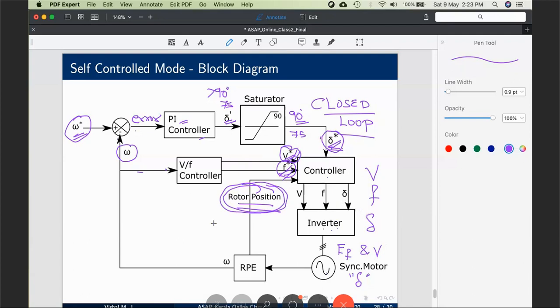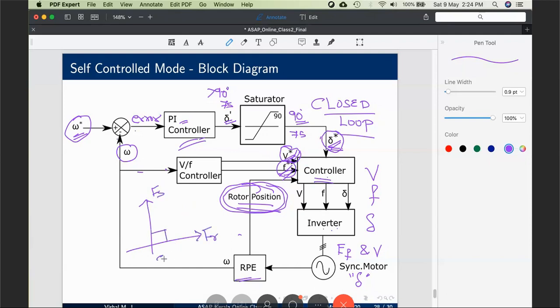So obviously from the diagram itself we can say it is much more complex than true synchronous mode. There it was open loop, there was no feedback needed. Here you have a rotor position encoder, you need feedback, you need a PI controller, and all such complexities are there. But understand, the performance of a self-control mode drive is no match for that of the true synchronous mode of operation. This is the best you can get, because with this you can make your FS and FR 90 degree to each other,